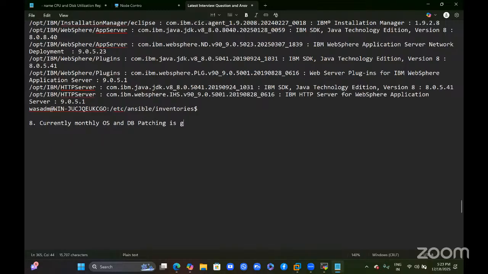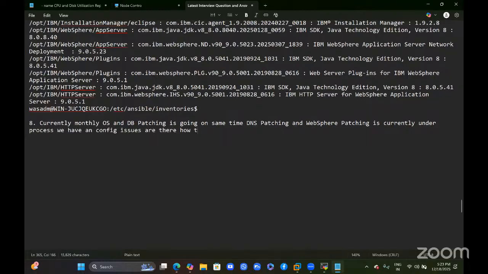At the same time, DNS patching and WebSphere patching. WebSphere patching is currently under process. We have configuration issues. How to deal with